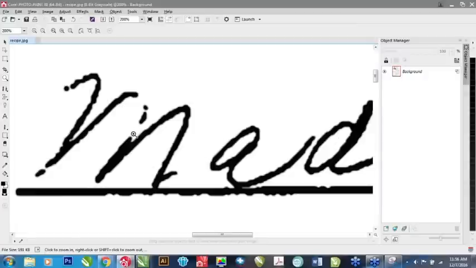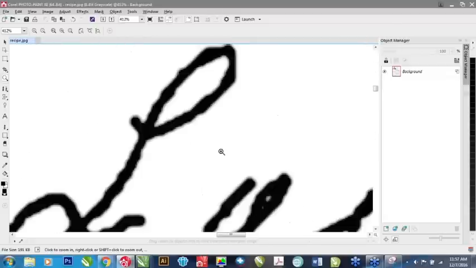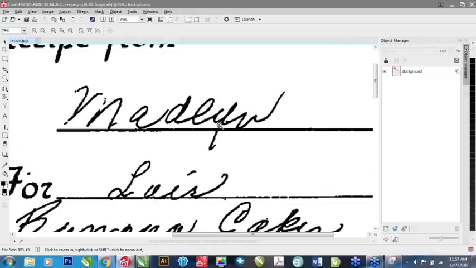Okay, so you notice how that choppy edge is starting to get smoothed out. That's because we added dots per inch and we started to blur that a little bit, so it's kind of filling in some of those areas. It's not perfect, but it's better than it was. And the next step is to vectorize it. So if I want to bring this into CorelDRAW,